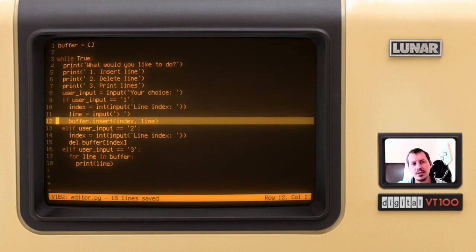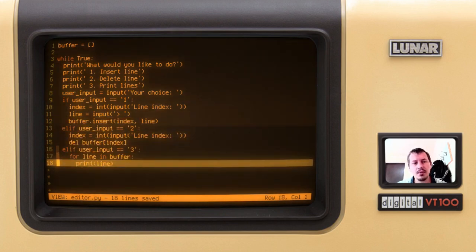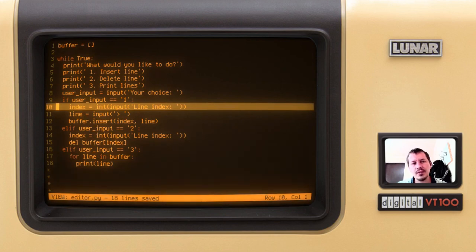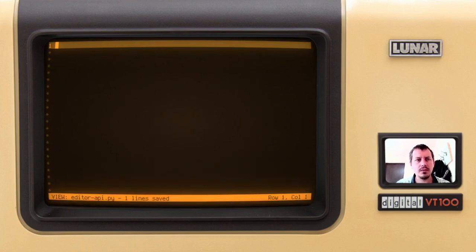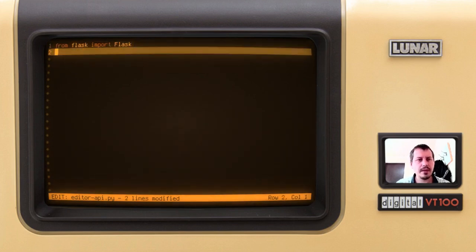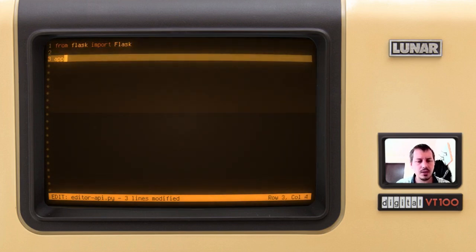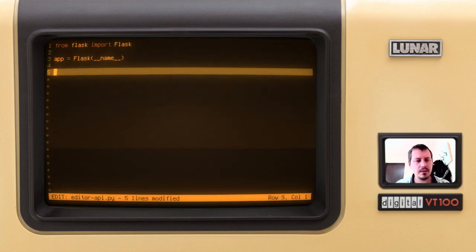So the alternative to this approach is microcore and services, and now let's rewrite this particular application using the API as the core and a few Python scripts as the services. So I create a file called editor_api.py, and I'm going to be using Flask, so I can say from Flask import Flask, and create the application equals Flask, and let me provide the basic route